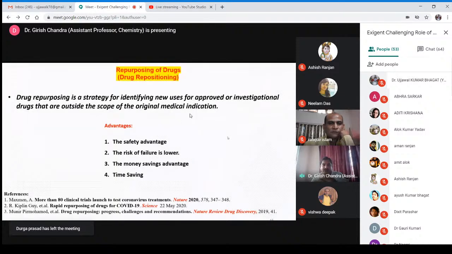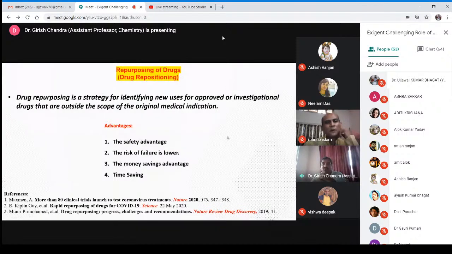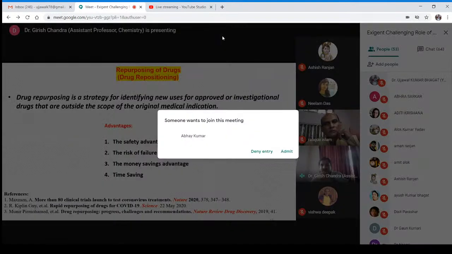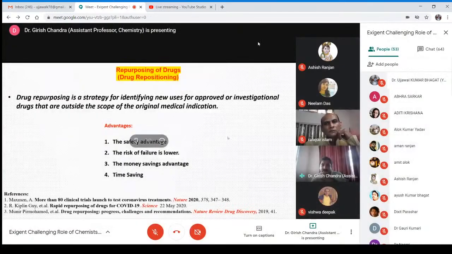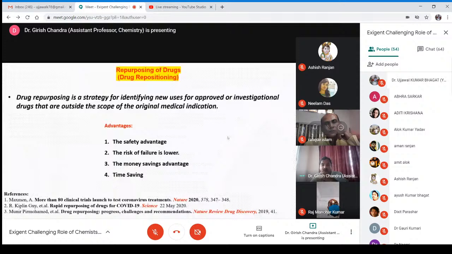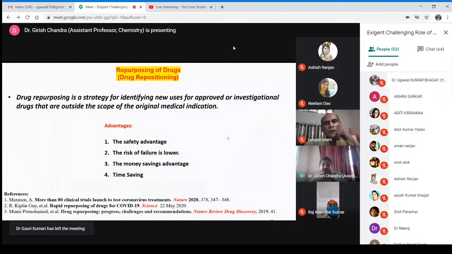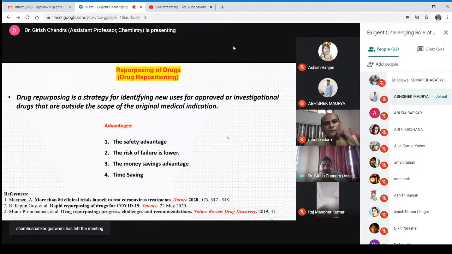Repurposing is a strategy for identifying new uses for approved or investigational drugs that are outside the scope of the original medical indication. In short, we are already using some drugs, and we try to investigate whether a particular drug is able to solve the problem of COVID-19 or any other disease or not. Then the question arises: what are the benefits of doing this? There are various advantages or benefits. First one is